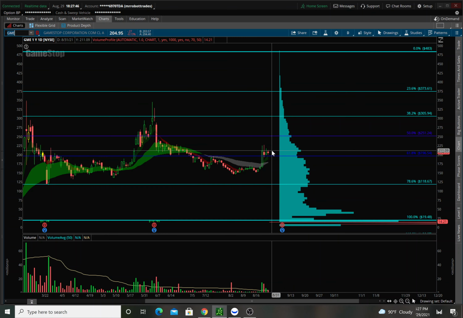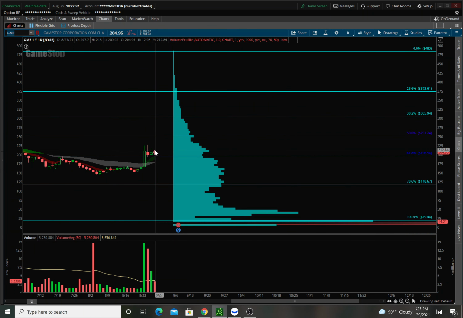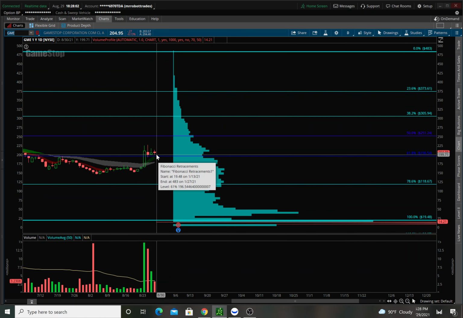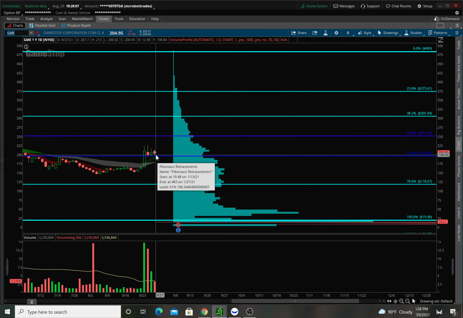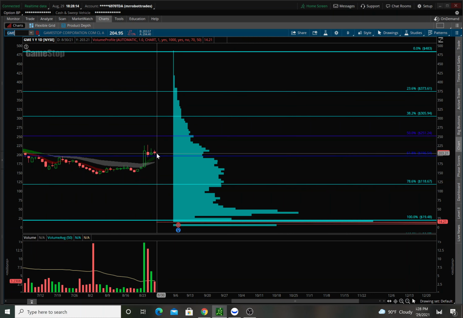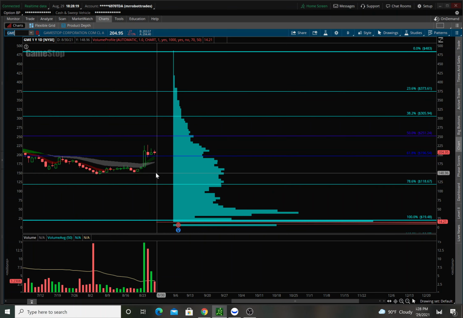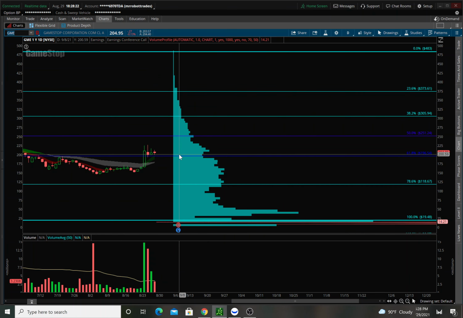So on GameStop, with this, I would probably be looking to play a break above this 212 level. You've got a little bit of room and then nice room up to 226. So I'd probably set my trigger at 212 and then my low trigger, you could really set it either one, that's like 199, 198-ish. I like the calls better here because your puts, you've got both these levels right here kind of together, and then you have a fib right below it, and then you have your EMAs below that. So I think that there's more room on the calls, but you could play either one and just take what